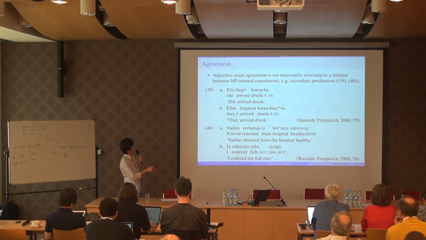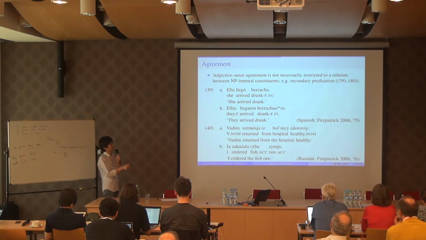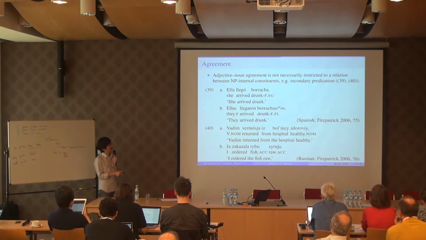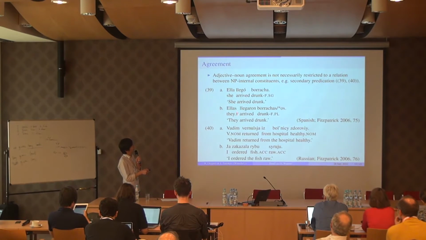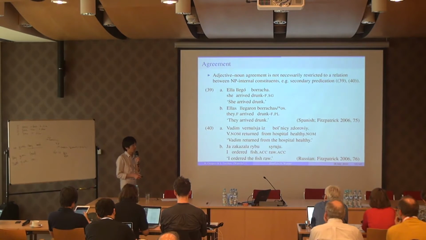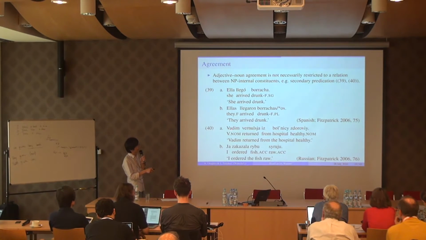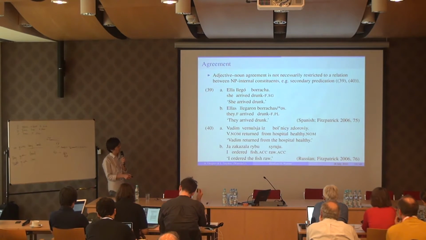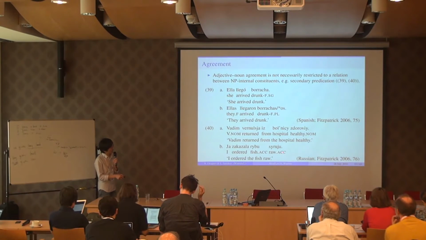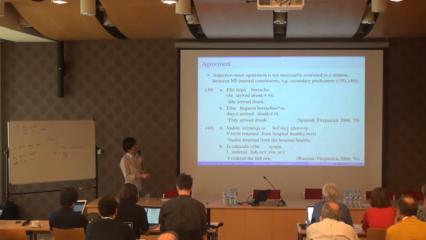So this "drunk" is feminine singular because it agrees with the subject, but obviously it's not inside of the noun phrase. And similarly in 39, when we get a plural subject, the secondary predicate or adjective must be in the feminine plural form. And similarly in Russian, the "healthy" agrees with the head subject noun, so it's in the nominative form. And this time the "raw", it agrees with the object noun, fish. That's why this adjective is in accusative form. Okay, so